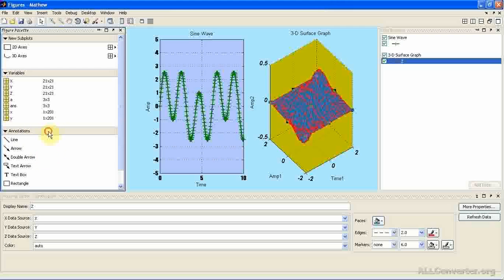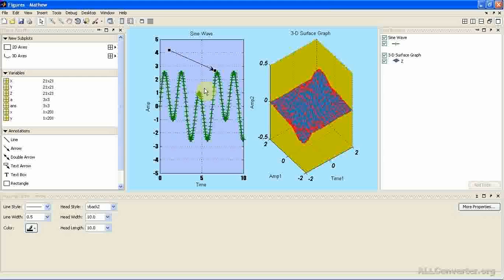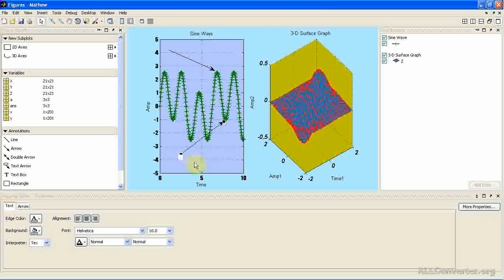This is the annotation window here. Once you click on this arrow, then you can select this arrow like that only. We used to put the arrow also. Okay, and then after that the text arrow. If you put this text arrow, then the text arrow is like this. You can say lower peak,